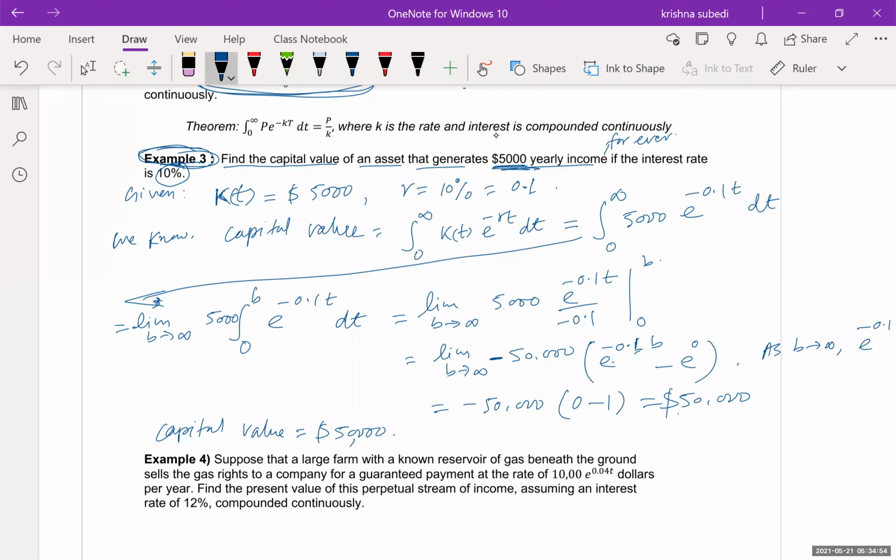So that means $50,000. So if you put $50,000 in your bank account, and if the bank pays you 10%, generally they don't pay 10%, I know that, but let us assume,